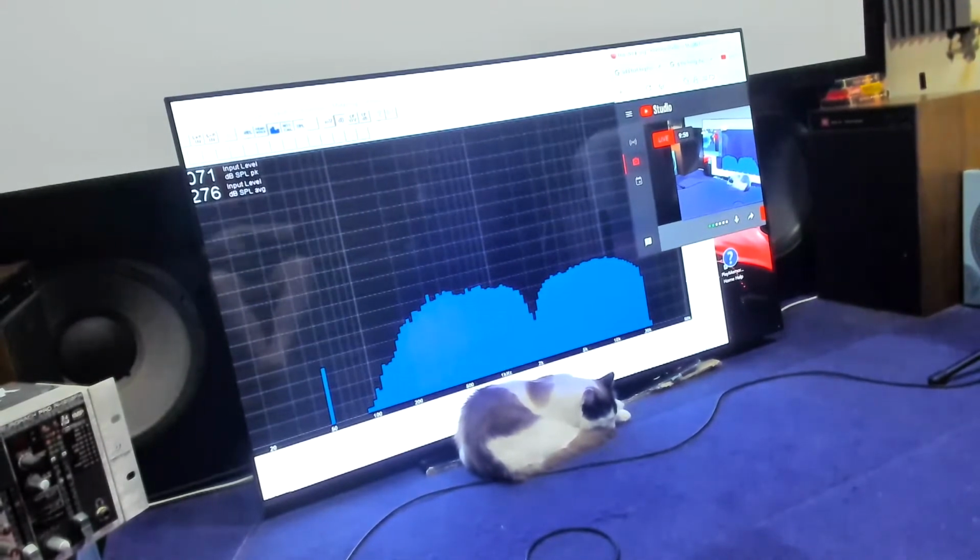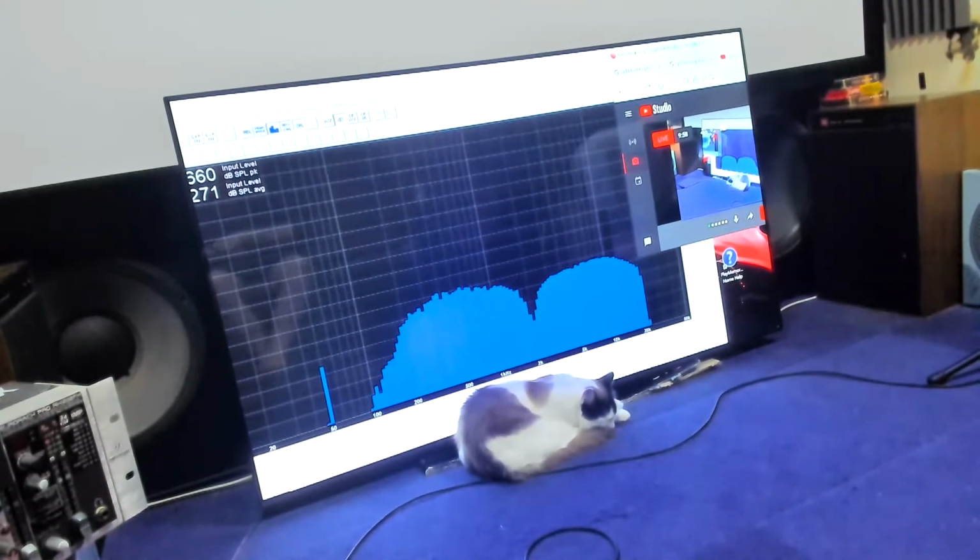So that shows what the Q bandwidth would do with subtracting a frequency,